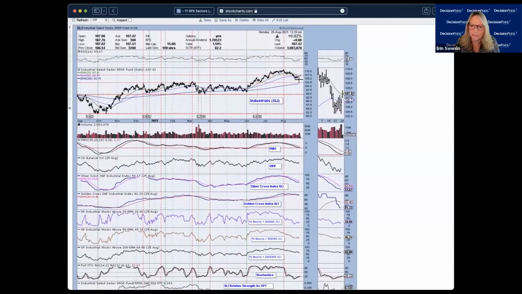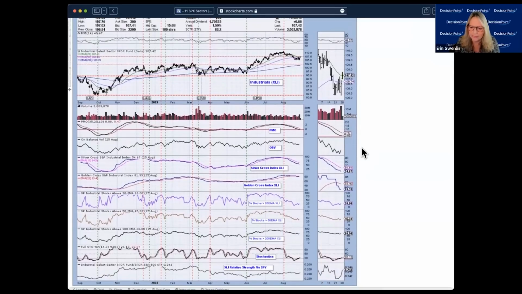Industrials put on the brakes here as far as price. PMO does look like it's flattening here. That wasn't really obvious when we were looking at the candle glance. And we are seeing a little bit of expansion and participation here under the surface. Not anything that meaningful, but certainly something to consider. Stochastics also now rising again as they have left the territory below 20 and are headed upward.